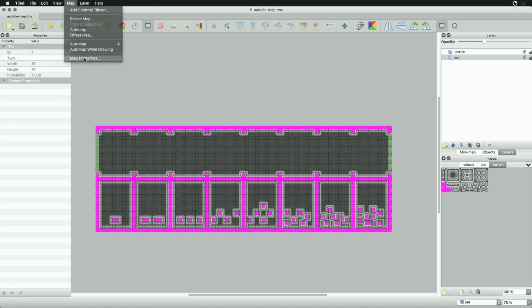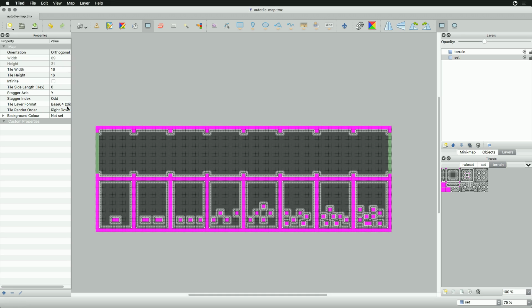Map properties. I want to save this as XML. Tile render order, right down. Background color not set, orthogonal. All right, so